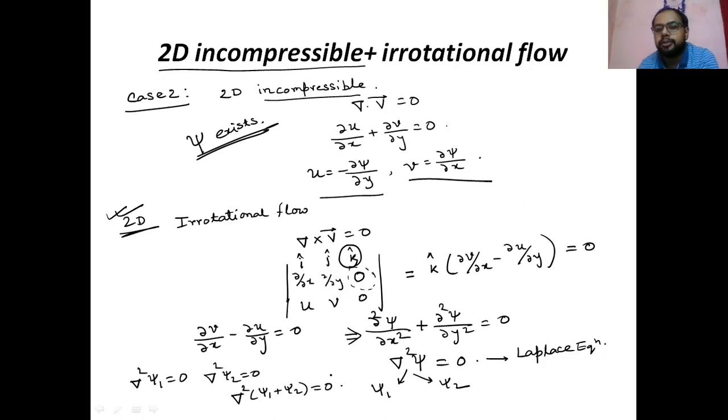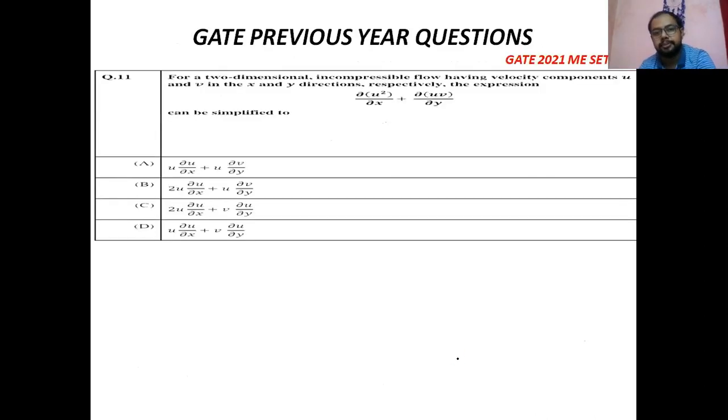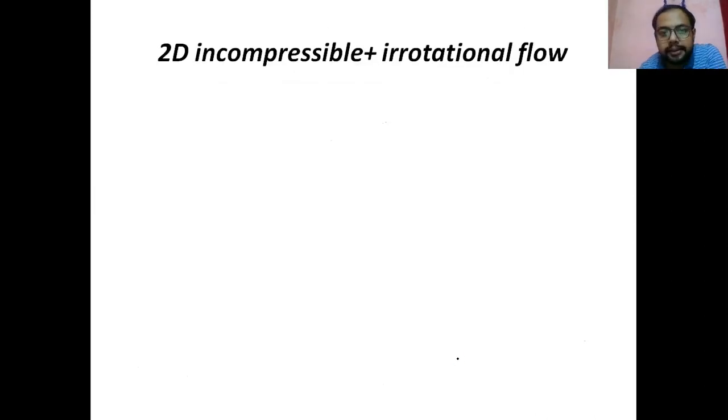Now we are considering one more thing here. After the Laplace equation concept, what is actually the slope of the curve? Individually, we are taking the slope of this curve. This is the last consideration of this part. The consideration is a two-dimensional incompressible and irrotational flow. So along a streamline,